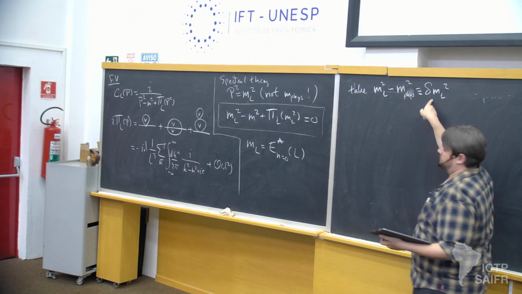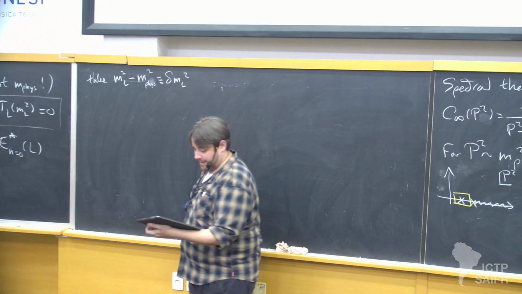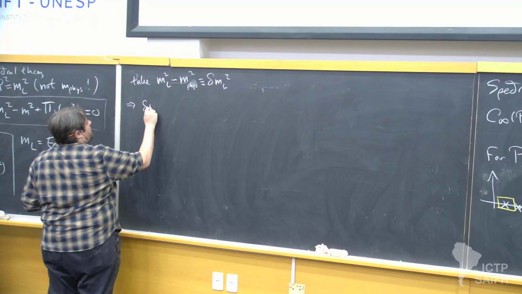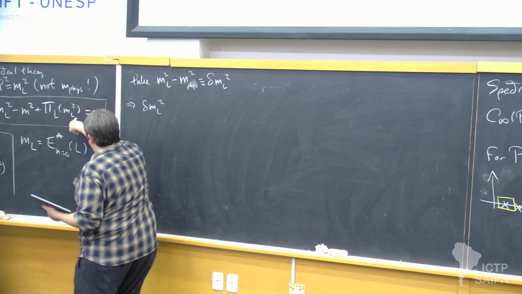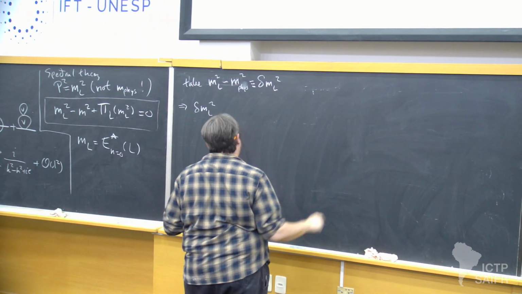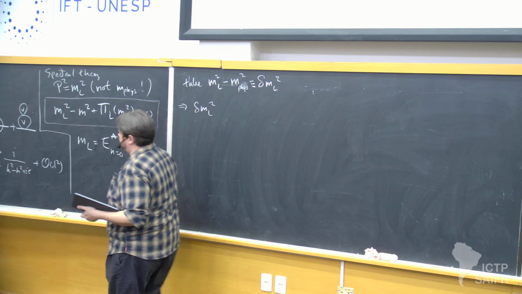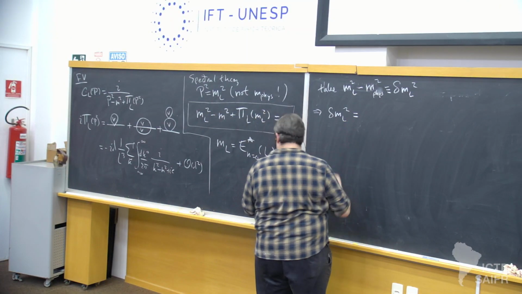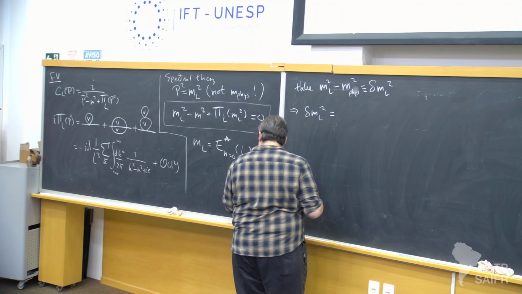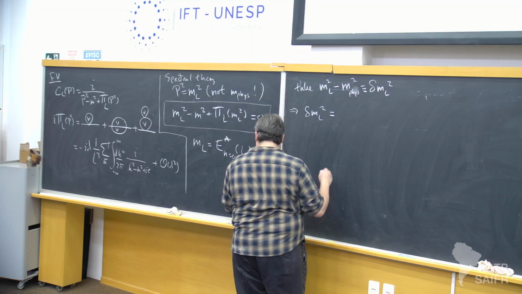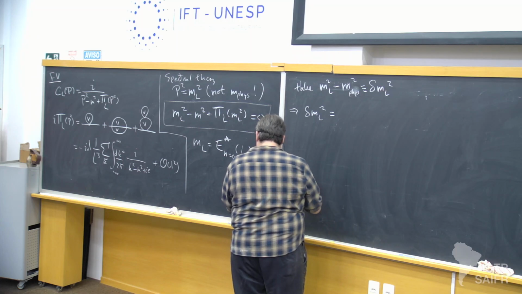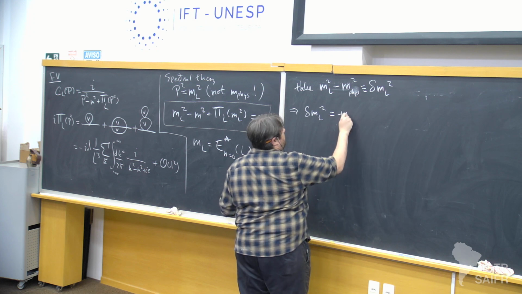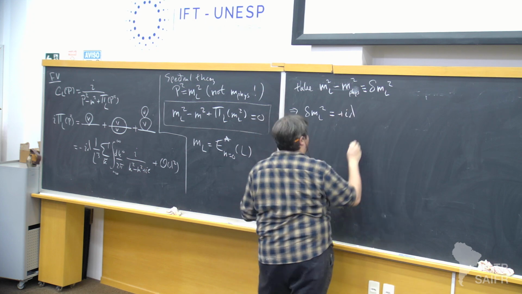And this is what I'll call the correction term to the mass. So using this relationship and that yellow box relationship together with the explicit expressions for the self-energies, you will find, let me just write down the answer, that this is plus i lambda